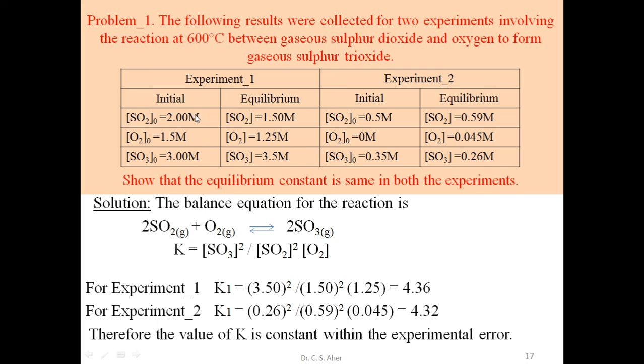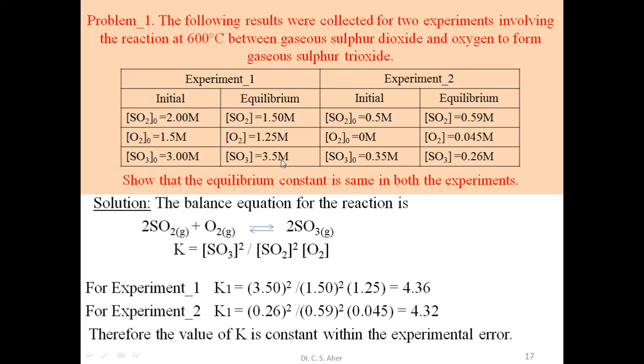So in the example they give the molar concentrations. For experiment number 1, the K1 value is calculated by using this formula. This formula we write for the equilibrium state of this reaction. So in this case we consider all these concentrations at the equilibrium state of the reaction. So these initial concentrations are not useful for the calculation; only equilibrium concentrations are used to calculate the equilibrium constant K.